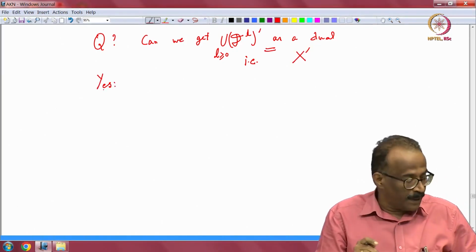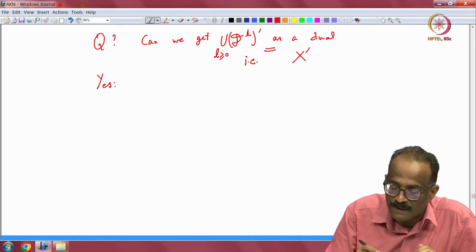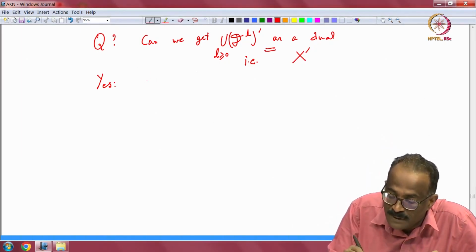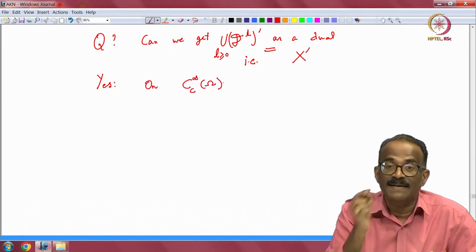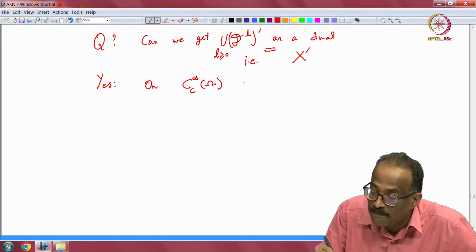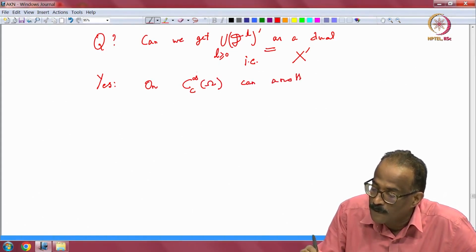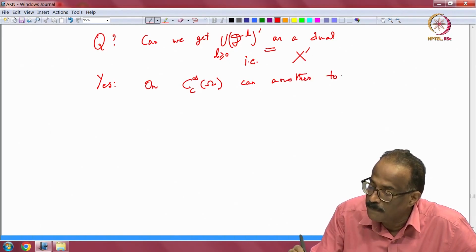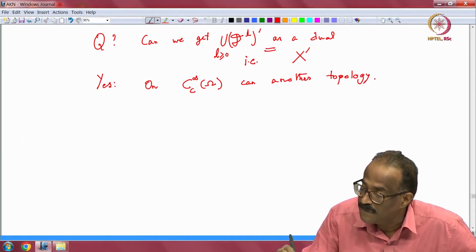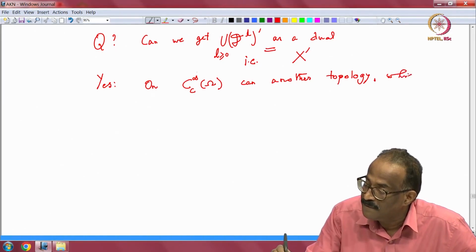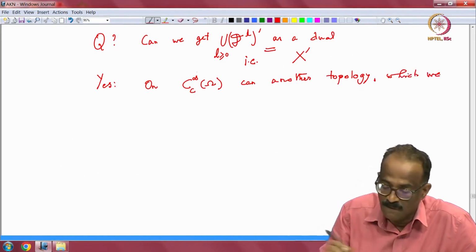On C infinity of omega, we have defined the inductive limit topology; you can define another topology, to which we call, in that case, that space as